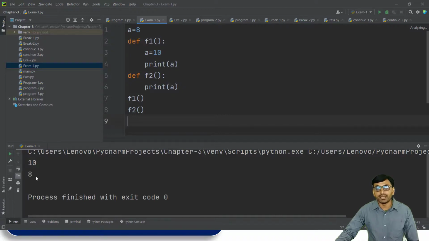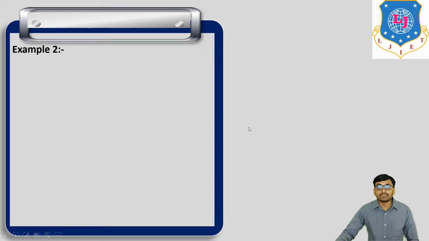The value of a in function f1 is 10, and in function f2 it is 8, the global variable.